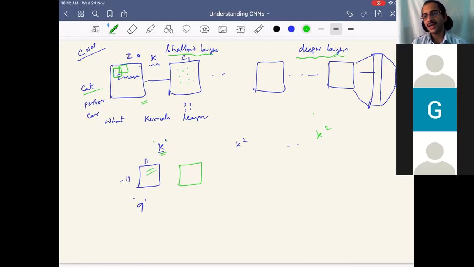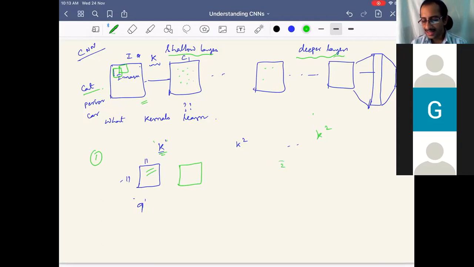But at the deeper layers, we can't appreciate them because they are not working on the image, they are applied on the feature maps, the subsequent feature maps. However, they do effectively consolidate the information from the set of features in the previous layer to perform the classification, because they are guided by the learning task for classification. So this is one aspect that we will see, especially visualizing the kernels at the shallow layer. And of course, these slides from Professor Fei-Fei Li's team also visualize the other kernels. We will see them, but we may not be able to interpret much there.